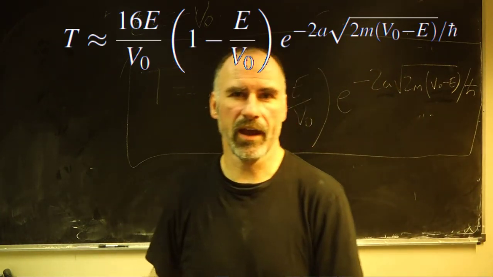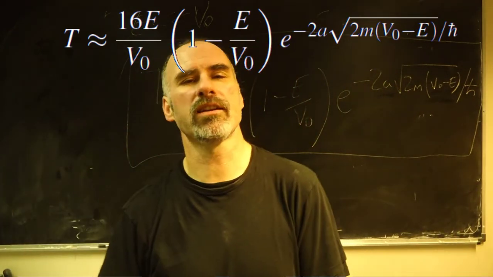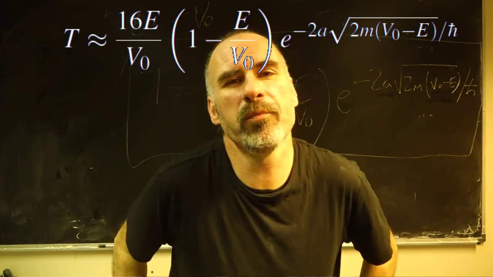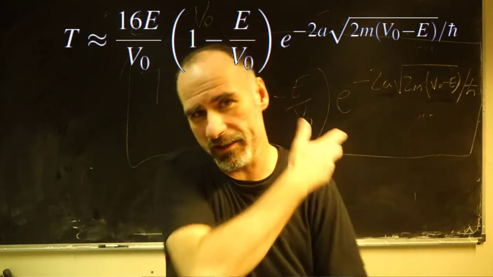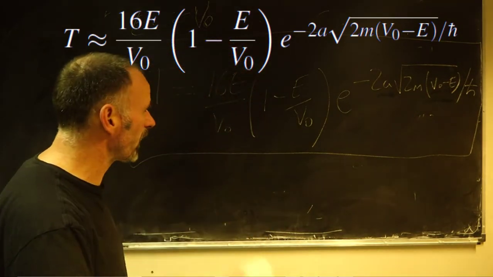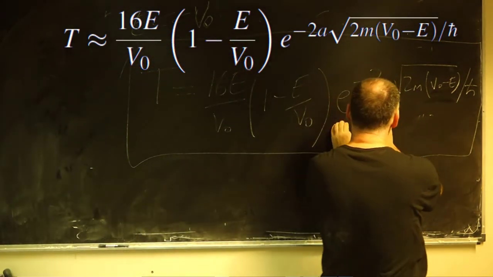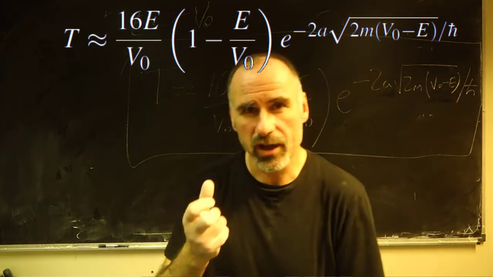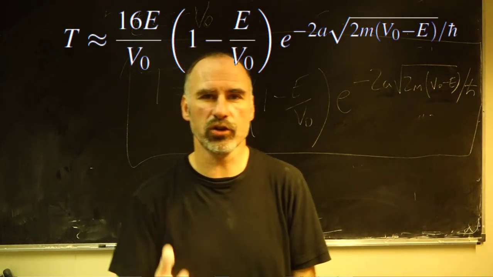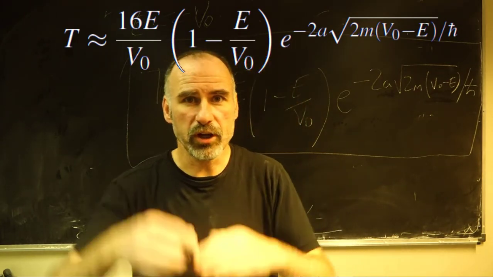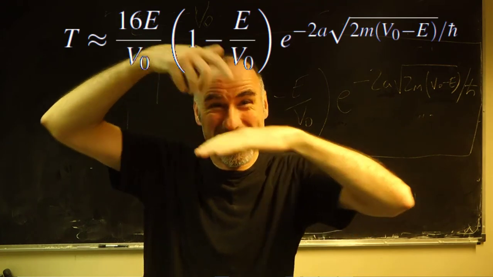There's a lot of work. I'm not going to set an exam question which is derive all this and determine that. It's worthwhile going through that algebra just to see that everything is consistent and all pops out. But what we were really driving at is to get this exponential dependence on barrier width out, because that exponential dependence is what gives the scanning tunneling microscope its incredible resolution, because the tunnel current or signal that we measure